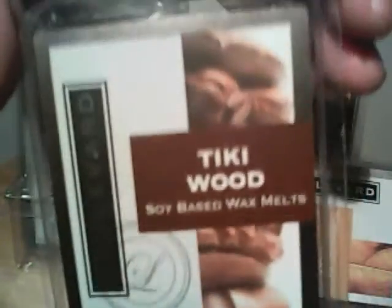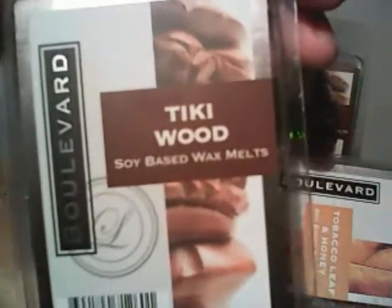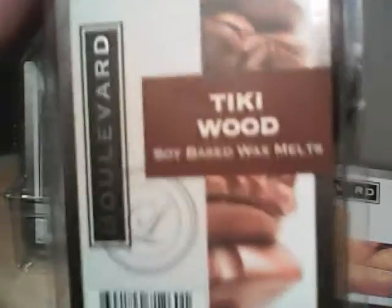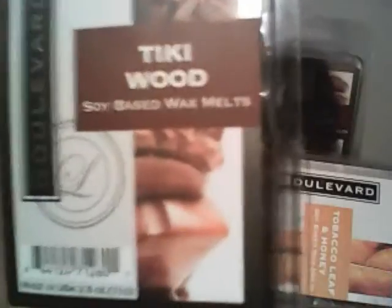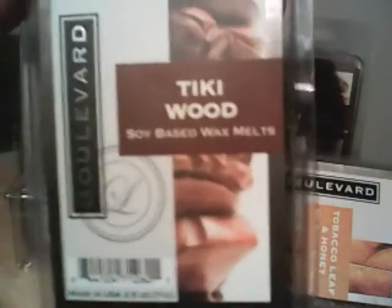This one, you know, Tiki is also, I don't know, most people know it's kind of like a tropical vibe kind of thing. And that's kind of what they're trying to do with this scent. It's a wood scent, but they threw in a whole bunch of pineapple. Yeah, this is dominant on the pineapple. So it's just a little too much pineapple for my taste, so the wood is getting lost in there,